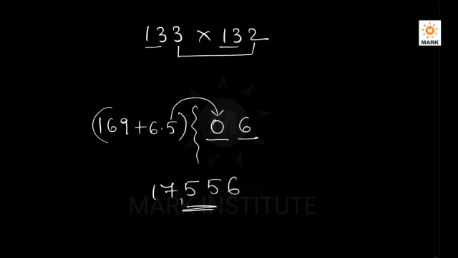So this is how we multiply those kinds of natural numbers whose sum of unit digits is 5 and the remaining parts are the same. When that remaining part is an even number, what to do, and when that remaining part is an odd number, what to do, we have clearly discussed in this video.